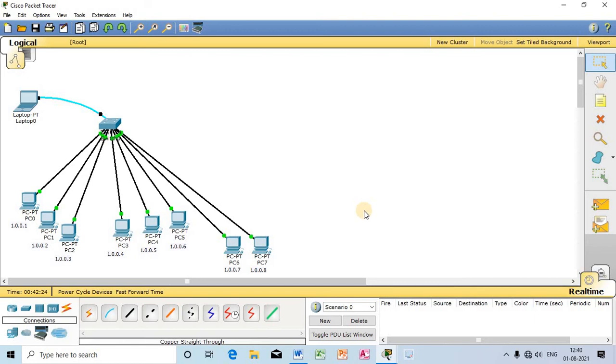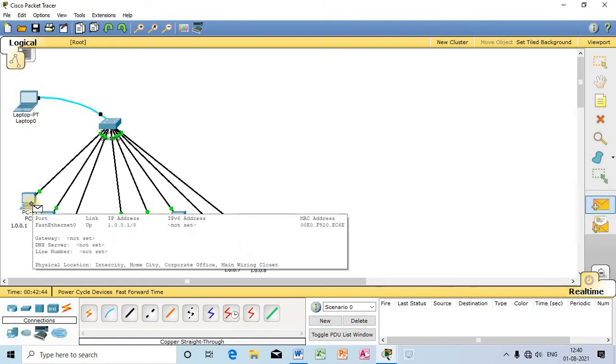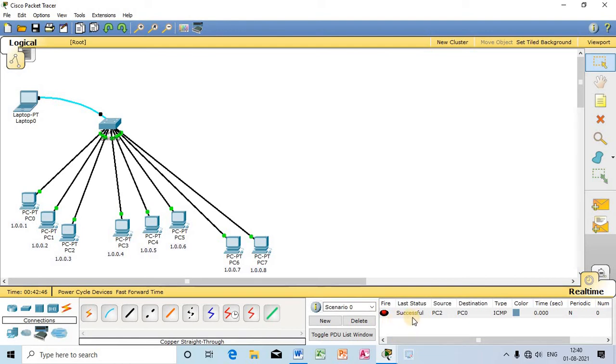As we have already learned in another lecture, in the same network we can send packets easily among all the computers. So let us take a packet. I will try to send the packet from this particular system to the system here. See, successful. I will again try to send a packet from PC5 to PC3. You can see a successful transaction. The source sent the packet, which was successfully received by the destination. Let me try it here.